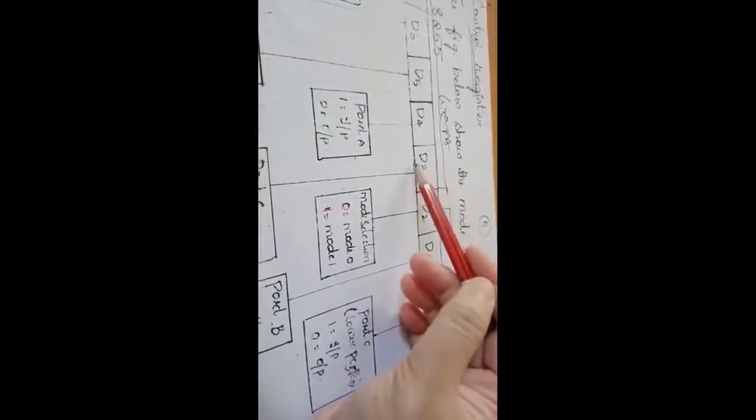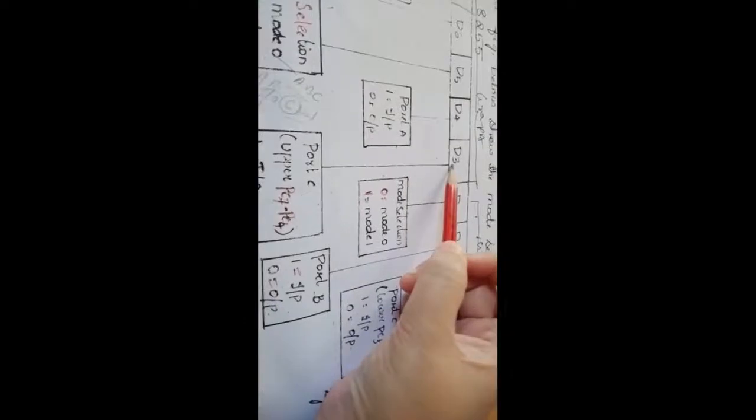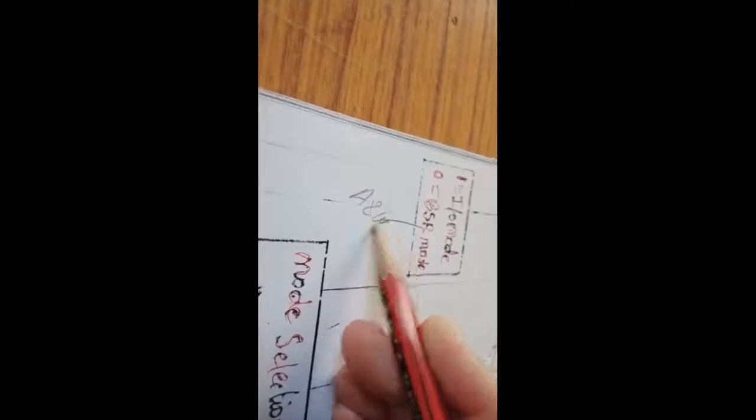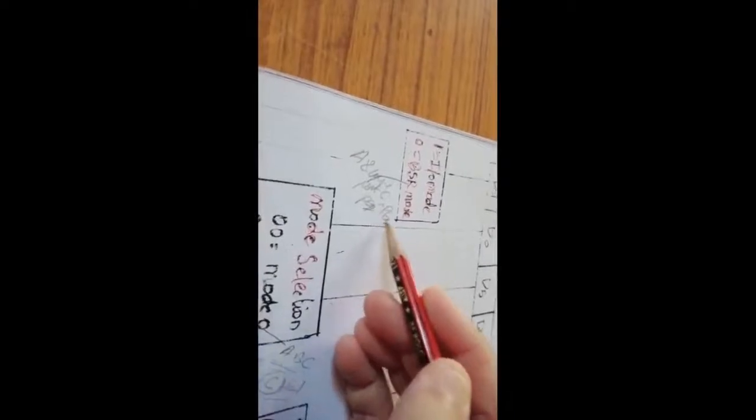Individual bits you can program with port C. Now bit D3, the upper part of port C: 1 means input, 0 means output. It is used when you are using BSR mode. When you are using BSR mode, you can program port A and the upper part of port C. What is that? The upper part is PC7 to PC4.